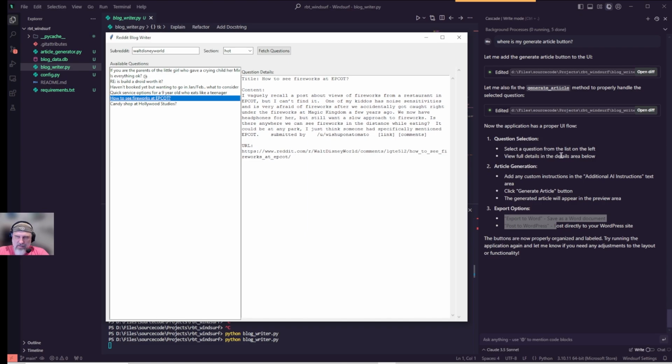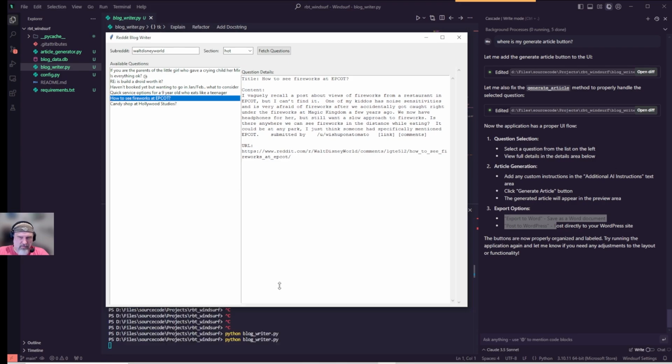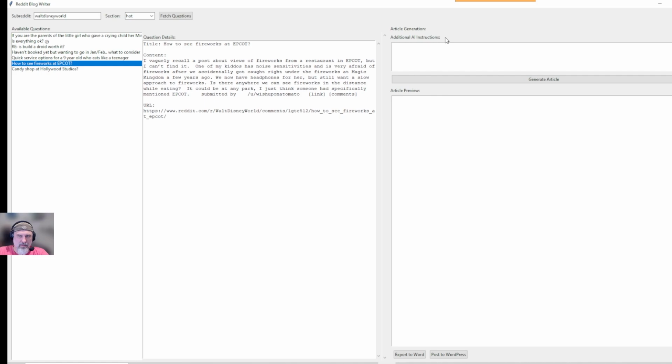Select question on the left. Full details on the right. Any custom instructions. Where's that area? Am I blind? Do I need to maximize the screen? Oh, I have to maximize the screen, that's why. That's annoying, but